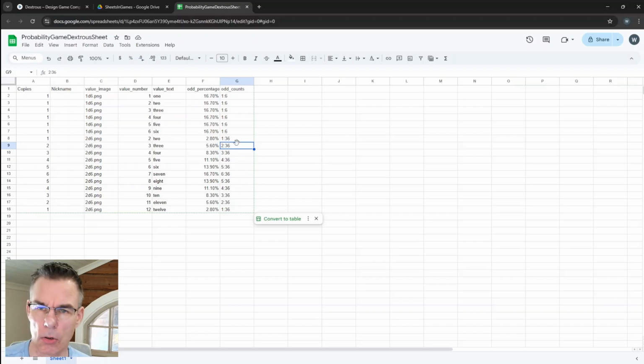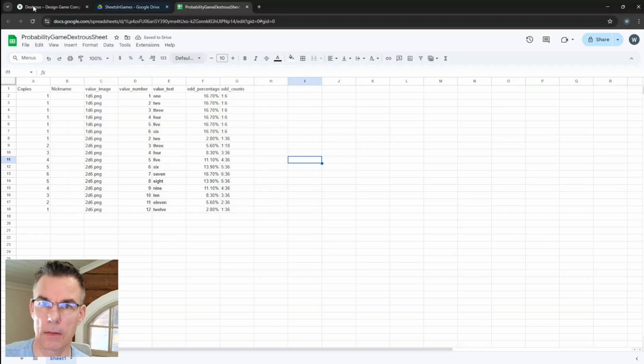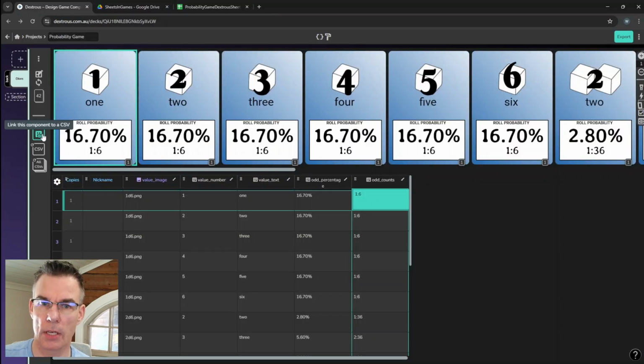So okay, it's okay, but it would be much nicer to say that it's 1 out of 18 and so on. So I can make this fix, go to Dextros and click here, refresh CSV.